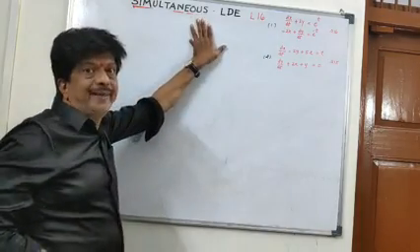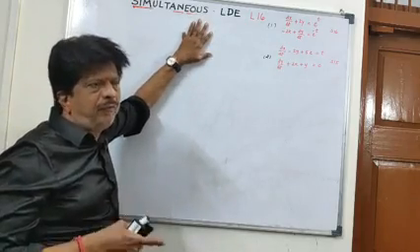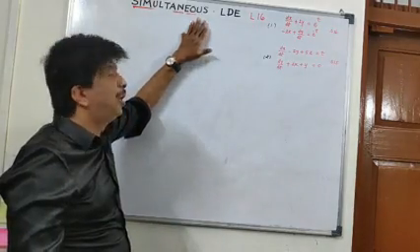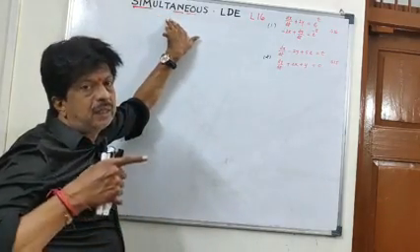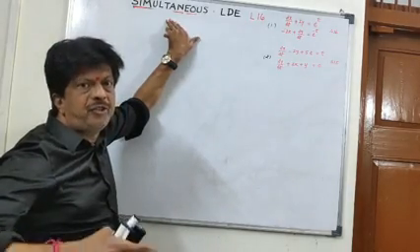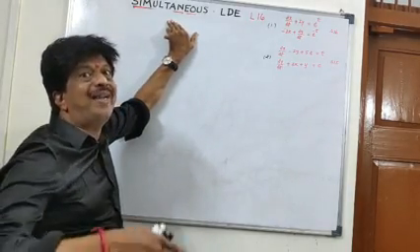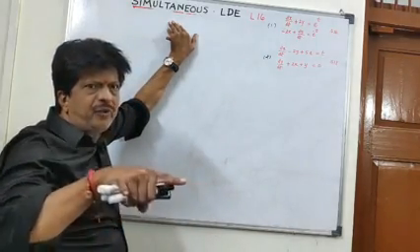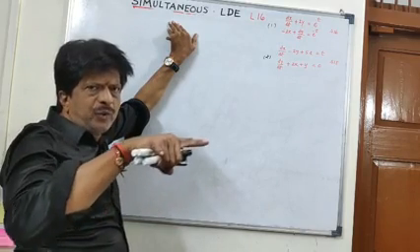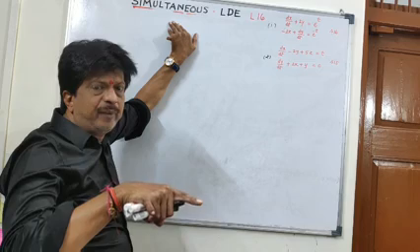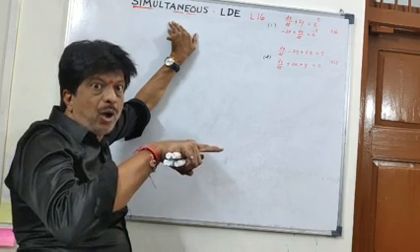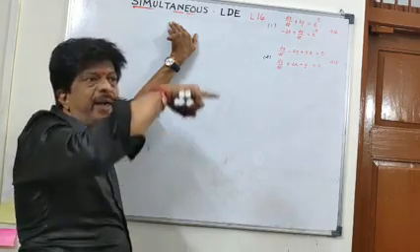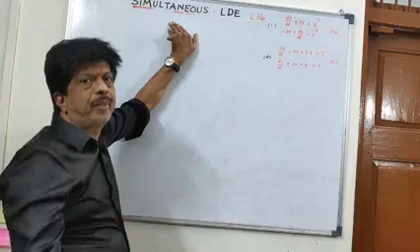We shall discuss the last topic of your first unit, the linear differential equations. The topic is simultaneous linear differential equations. How to solve simultaneous linear differential equations. If there is only one linear differential equation, there is one dependent and another independent variable. So we obtain the general solution as the value of the dependent variable in terms of the independent variable.